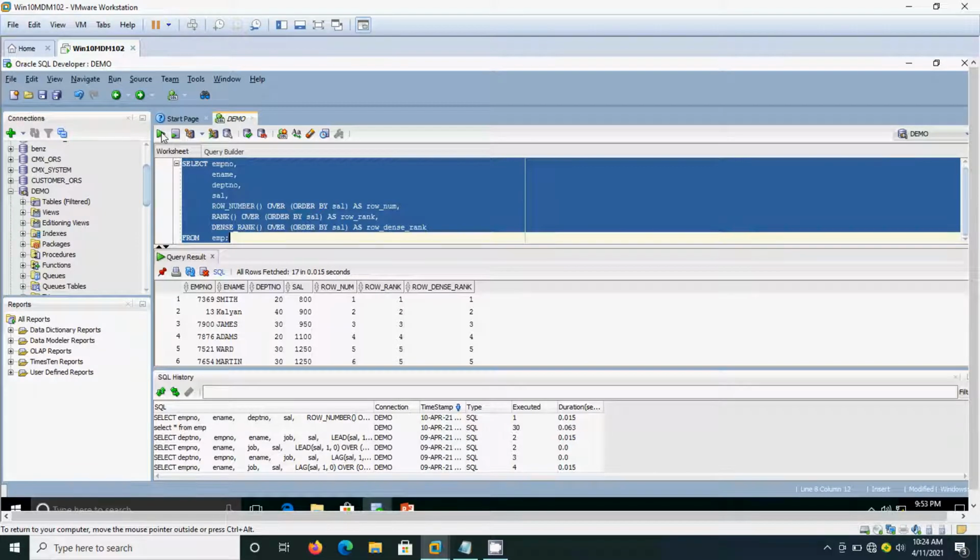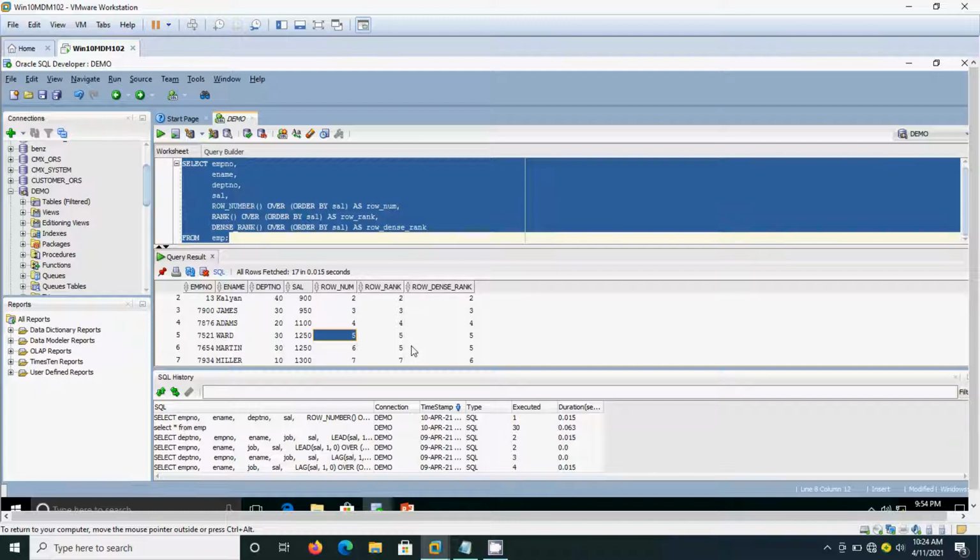See, here we have used the salary column. For ROW_NUMBER the unique number is allocated from top to bottom.